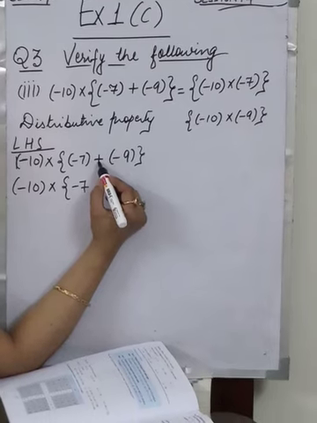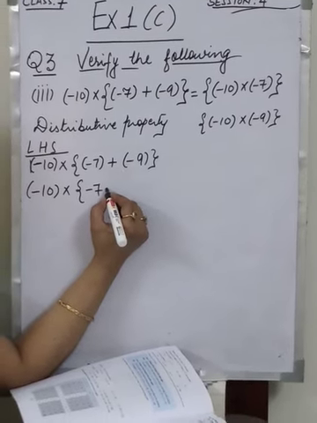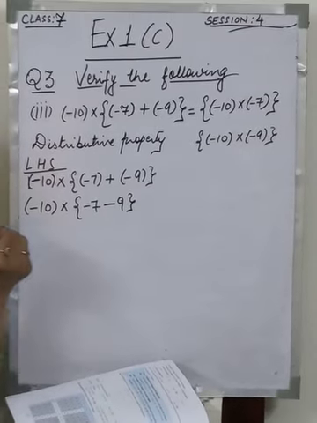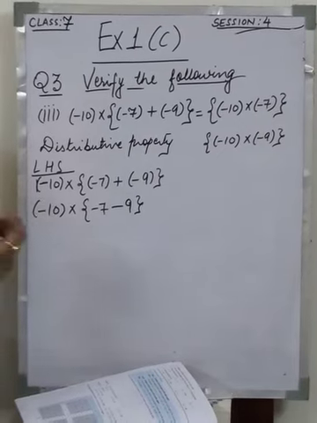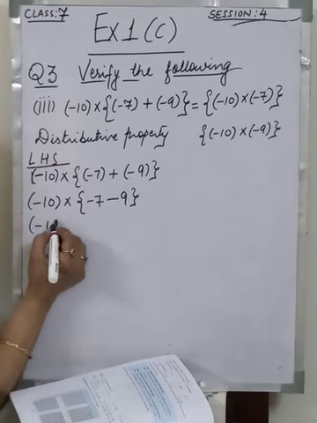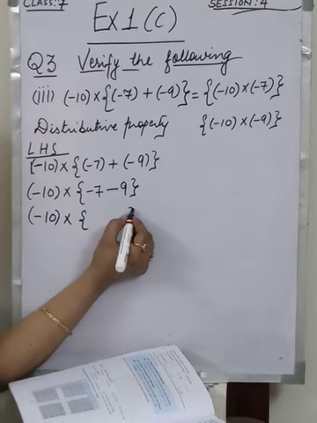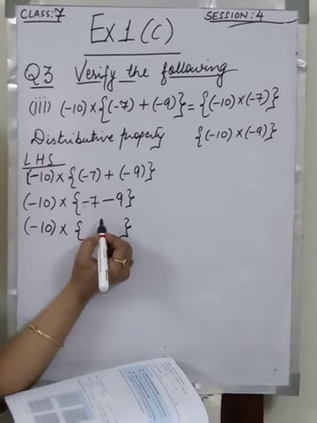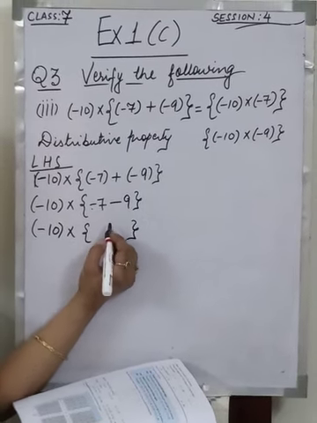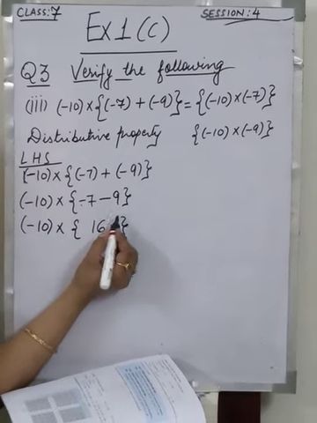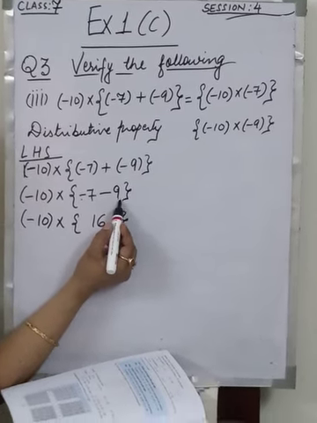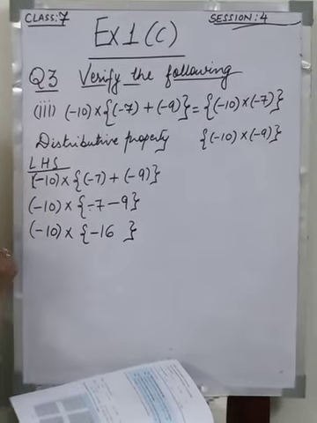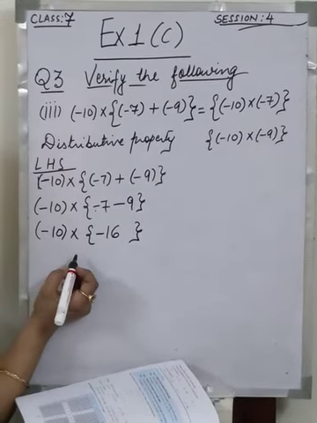Now we need to remove the bracket. So first we put the sign. Two different signs are there, so we put the minus sign and we write 9. I told you when we were doing the addition, multiplication and subtraction rules of integers, when we have the same sign, we add and put the sign of the greater number. So both are having the same sign, that is minus. So we add the numbers. 7 and 9 will give you 16. We always put the sign of the greater number. 9 is the greater numerical value. So minus 16. I am not saying only the greater number, it's the numerical value of that number that should be greater.